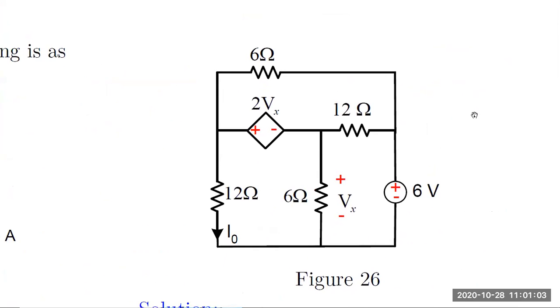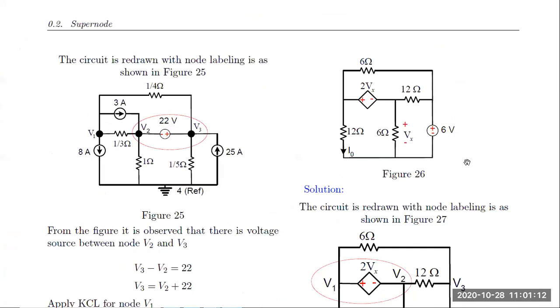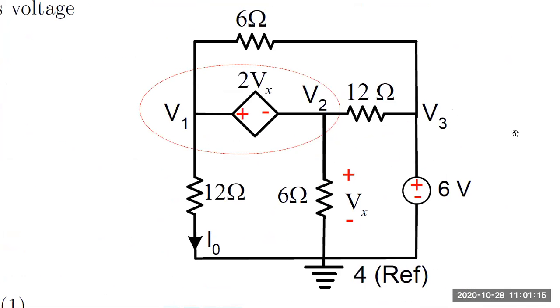Anybody who is answering, okay. What about the others? Others can also tell me the answer. Otherwise I will show the labeled network. Three minutes time is there. V1, V2, V3, and the fourth node is the reference node. How many nodes are there? 1, 2, 3, 4, four nodes. Tell me the procedure to determine the node voltages using node analysis, super node analysis. This is also a super node analysis.